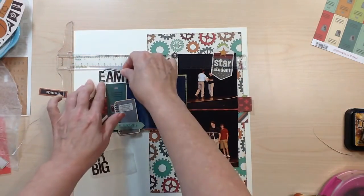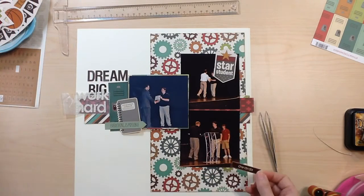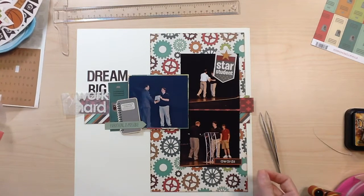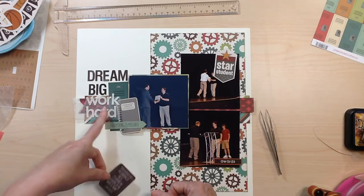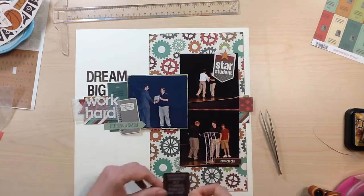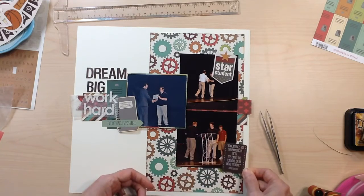So I just took some of the stickers, pop dotted some of them up, just made some little clusters around. And then for my title, I went back to the alphabet sticker sheet and I decided I wanted to kind of break it up. So I did the Dream Big. I knew that's what I was going to use as the title, but then I decided I loved the alphabet that's kind of like the notebook paper, and I decided to add in this Work Hard in here as well